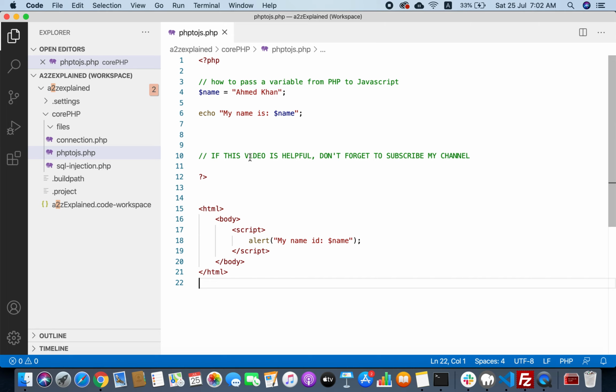In this video, we will discuss how to pass a variable from PHP to JavaScript. Mostly newcomers come with this problem. They face this problem because they have their editor, their server, and their browser on the same computer. So they actually forget that if their PHP is being executed on the same machine, then why the browser cannot access the PHP variables. This is a bit tricky concept, but not that complex.